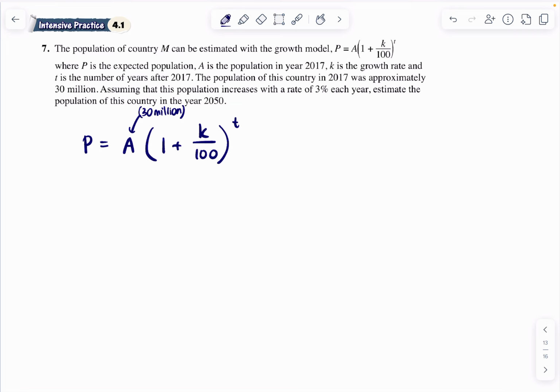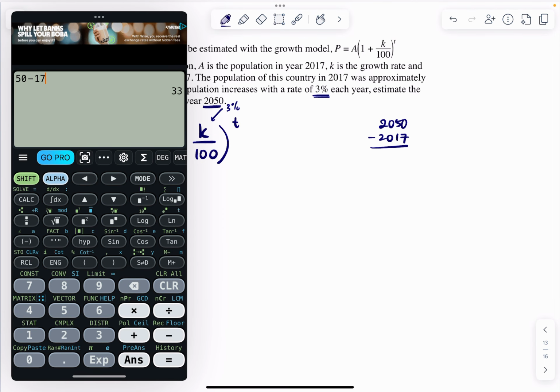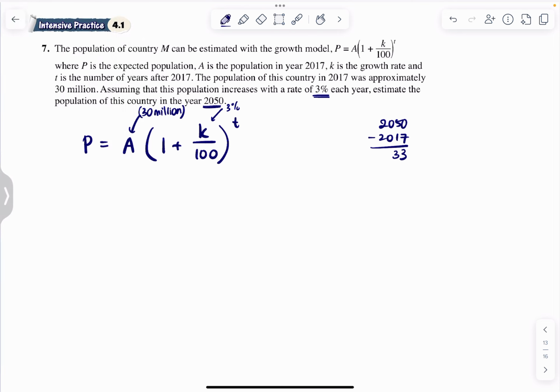Assuming that this population increased with a rate of 3%. So K is 3%. Estimate the population of this country in the year 2050. So from 2017 to 2050, how many years is that? 2050 minus 2017. So you can find 50 minus 17. It's about 33 years. So after 33 years,